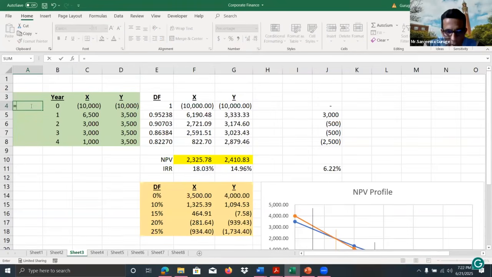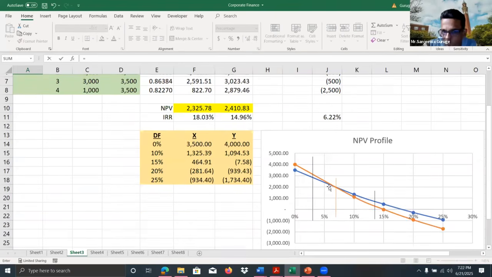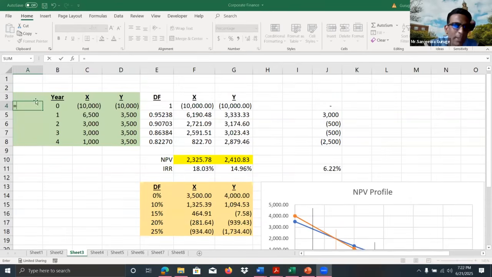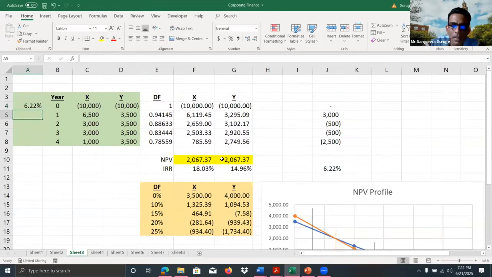this as the discount rate. And if that is the correct crossover rate, what should happen? At that cost of capital, the NPV of the 2 projects should be equal. NPV will be the same, right? So we can check that. If we use this one, these 2 figures should be the same, right? Let's check. That's the same, right? That means that is the crossover rate.